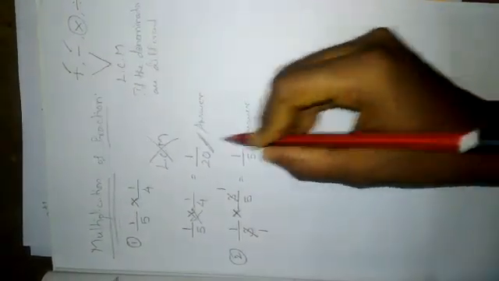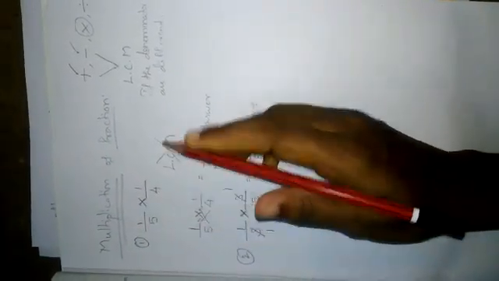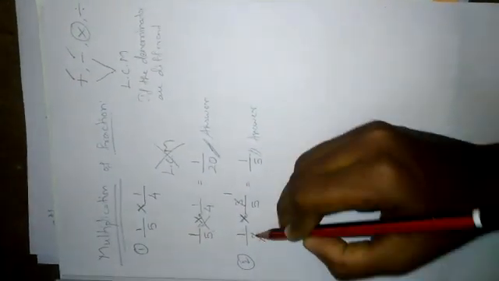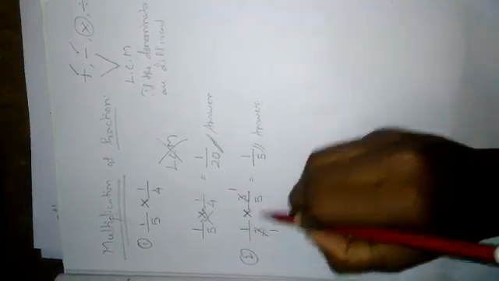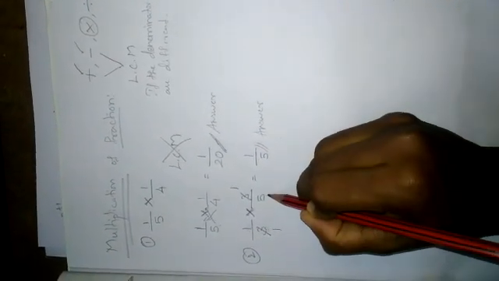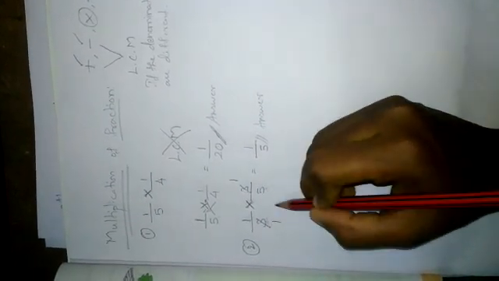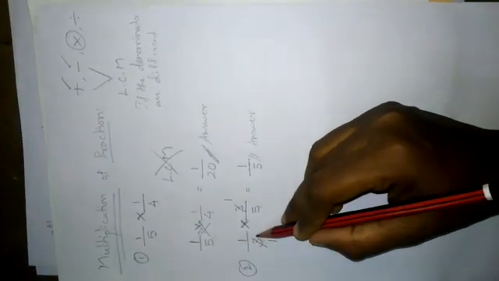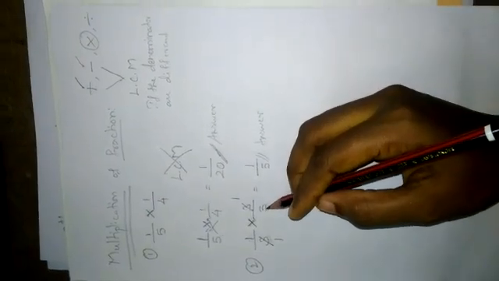So this is the only thing: you do not need to take the LCM. Directly you can check the numerator and denominator. If they are in the same table, you can do the multiplication and simplify it into the simplest form. In the cross also, it should be a denominator and a numerator. Two denominators will not go in the same table. If it is 2 here and 2 here, you cannot cross them. Only with a numerator and a denominator can you do this. That is multiplication. In other words, we can say it is a product.